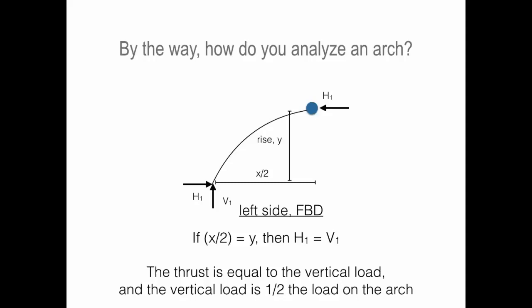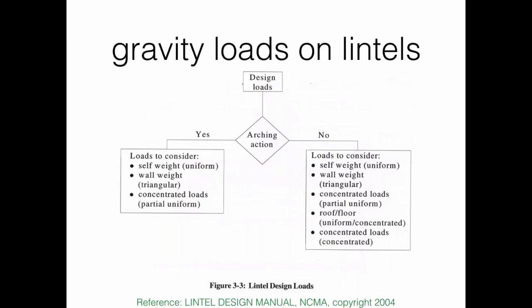So that's why that whole principle of getting control joints away is very, very important, so that I can take the thrust load design-wise. All right, so the design loads just changed. If I look at the design loads for my lintels, this nice little diagram, which is in a document from NCMA, can you consider arching action? Look at the loads on the left, right? Much less than the loads on the right. If I can consider arching action, I really just have the self-weight to consider of the triangular area above that